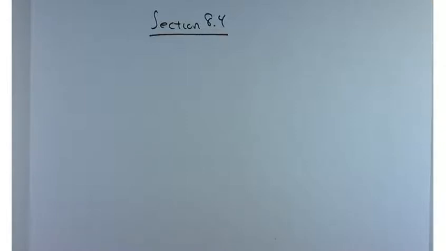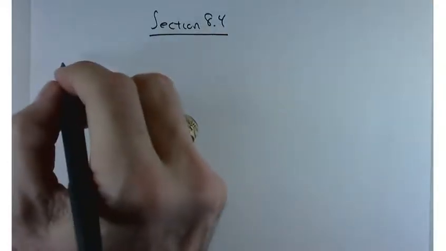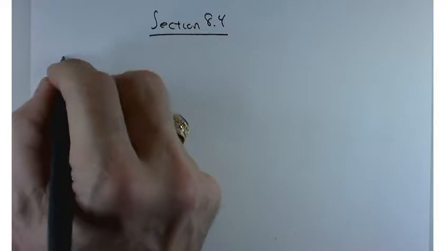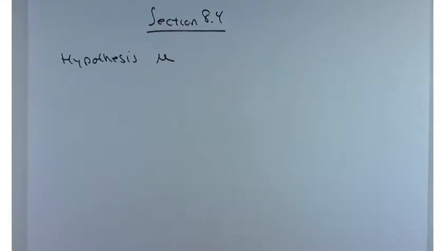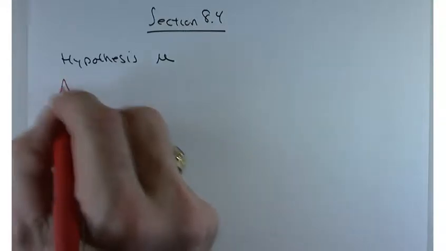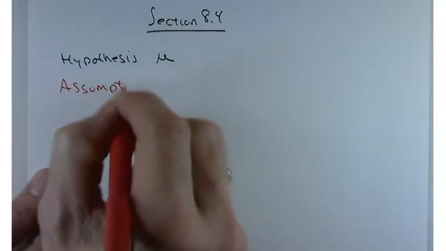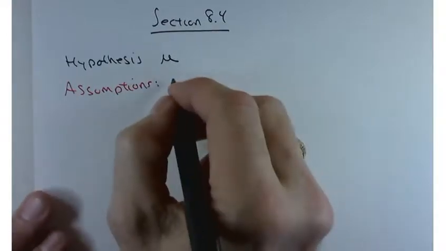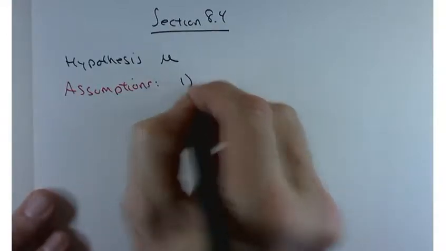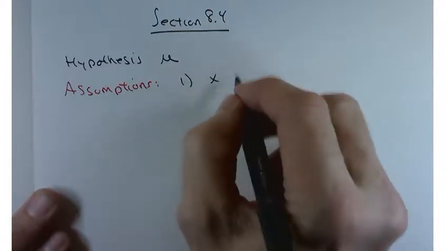In section 8.4, we're going to discuss some tests of a claim of a hypothesis for a population mean. So our hypothesis will be about a population mean. Now, typically speaking, in all our hypothesis tests, there are going to be some assumptions. In this particular case, the assumptions are pretty light. They're going to be that x is distributed normally,